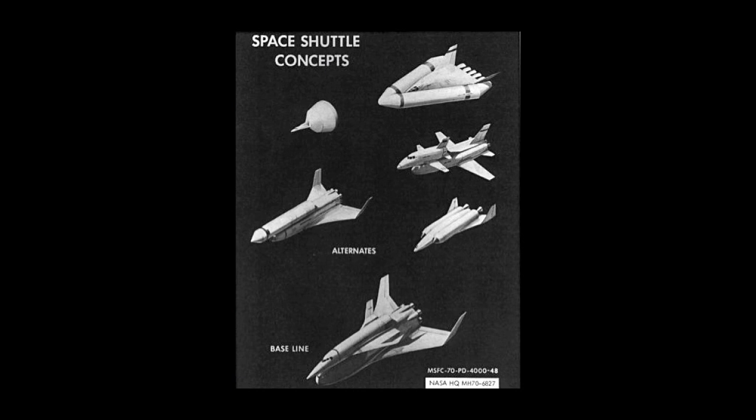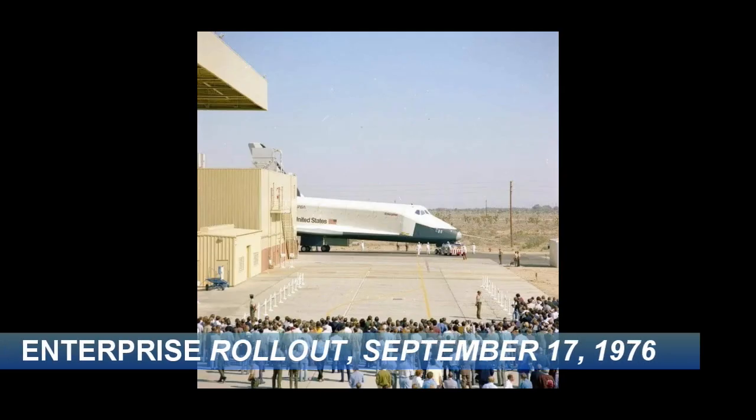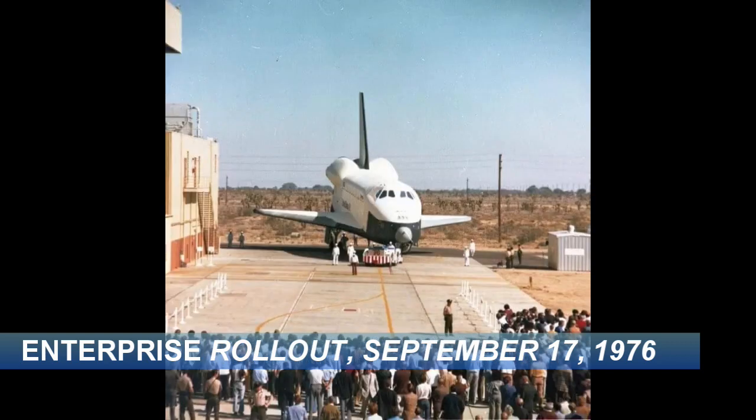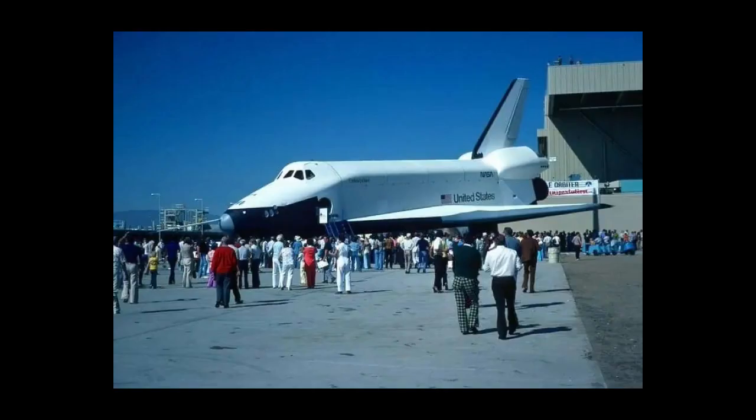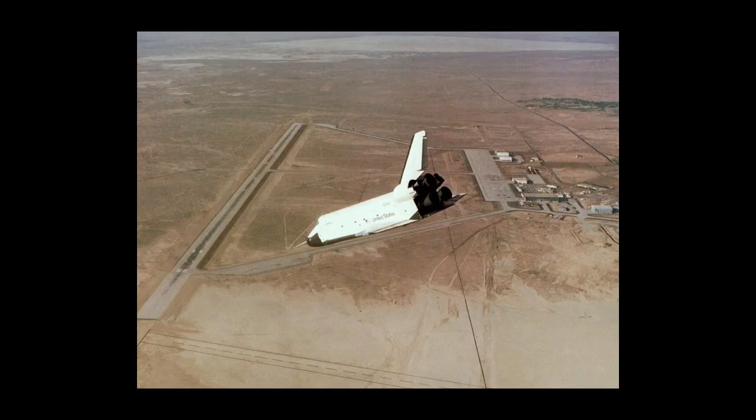Some design studies were being done during the 1960s, and the program officially started in 1972, and the first orbiter, named Enterprise, was rolled out in 1976. Enterprise was designed for initial atmospheric test flights rather than space flights, but still represented a huge leap forward in spaceflight technology and capabilities. Flight tests of Enterprise were conducted in 1977, testing the orbiter's landing capabilities, simulating a return